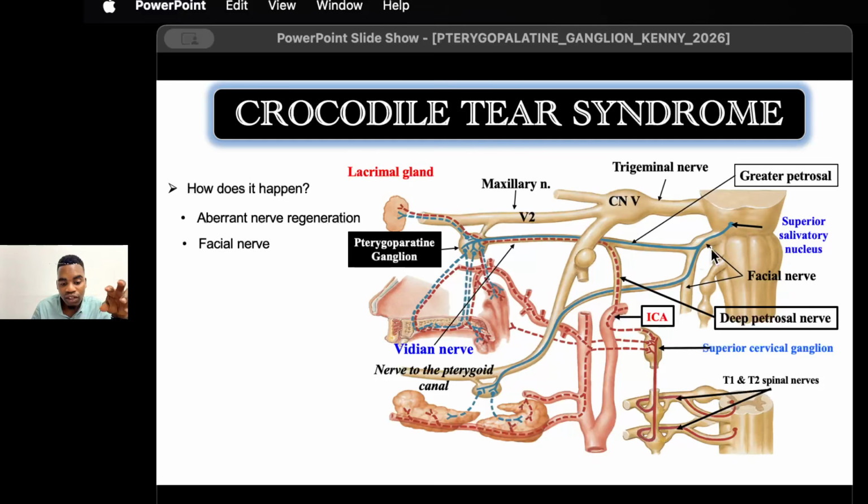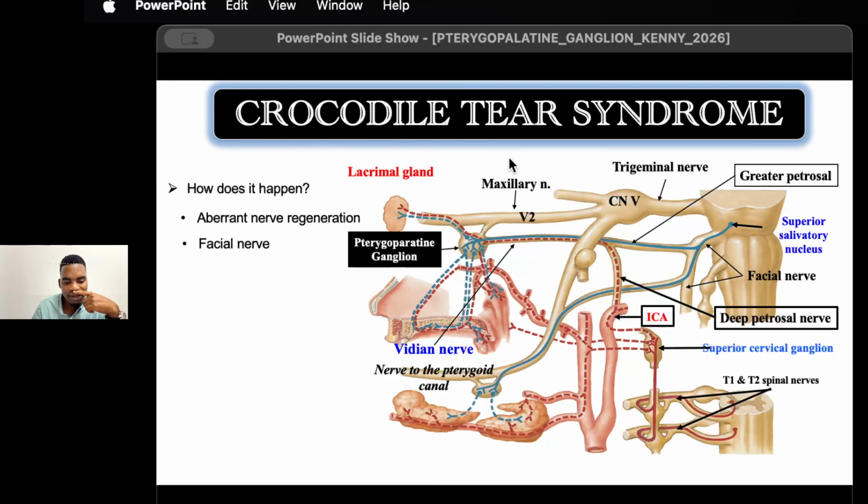So someone is getting an injury to the facial nerve, and while the facial nerve is healing, there occurs misdirection of fibers. The fibers that were going to supply the sublingual and submandibular gland are going to supply the pterygopalatine ganglion through the greater petrosal nerve. And then what happens? Because these were salivatory fibers, they were associated with gustatory function, with tasting and thinking of food. Whenever you're thinking of food or you're eating, these fibers are going to stimulate the pterygopalatine ganglion. The pterygopalatine ganglion is going to stimulate the lacrimal gland. And then what happens? You are shedding tears while you are eating instead of secreting saliva,